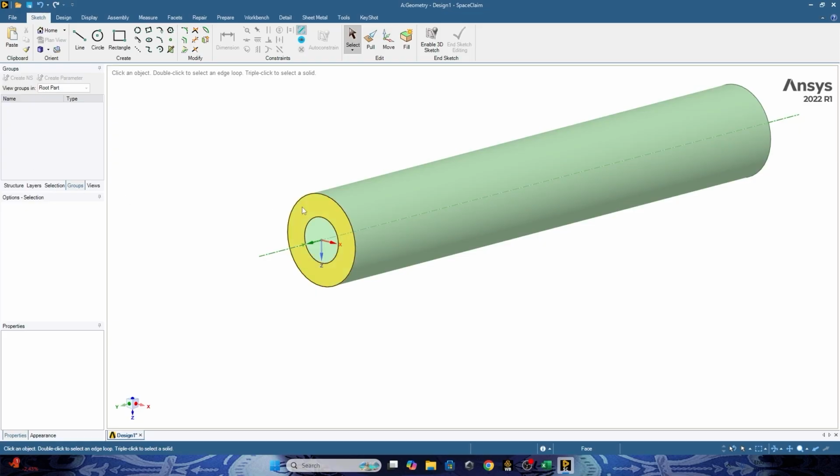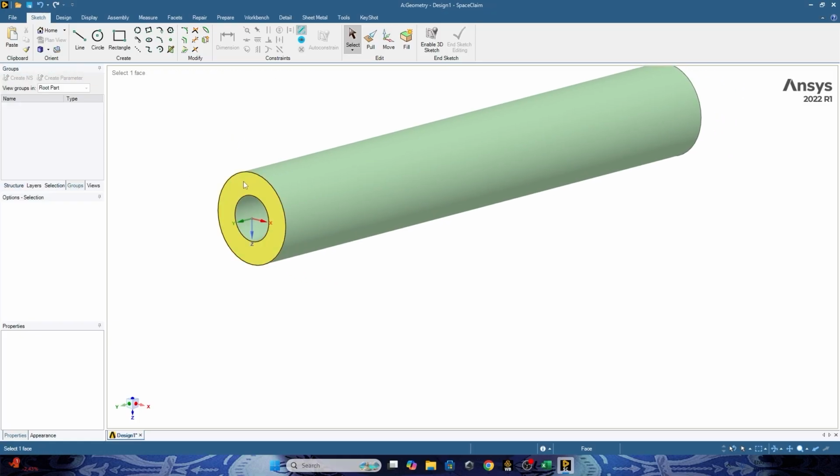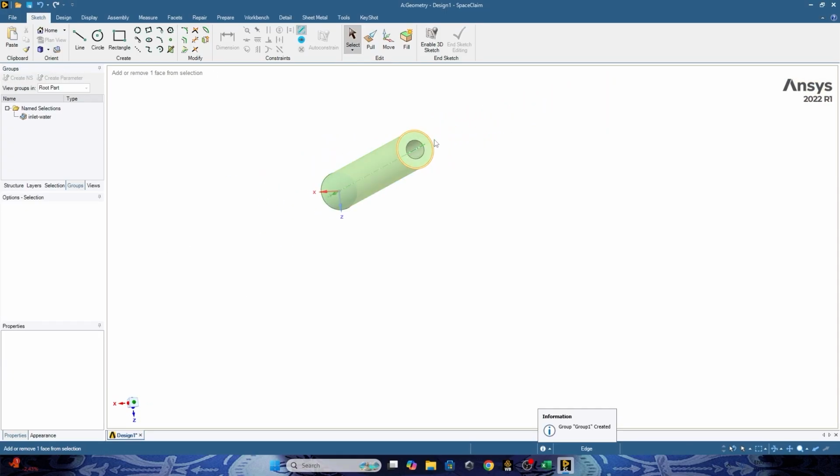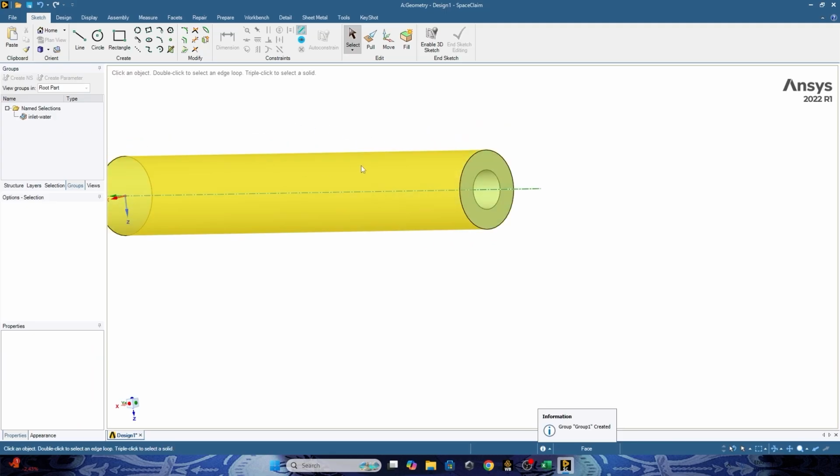The inlet water will be in here. For simplicity, let's do the water domain first. Here is the water domain, and the inlet water will be here. You can choose the surface here, create the named selection, and type the name inlet water. Then the outlet water will be in here.